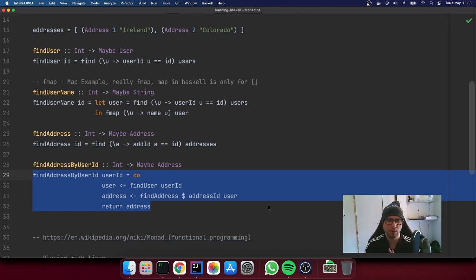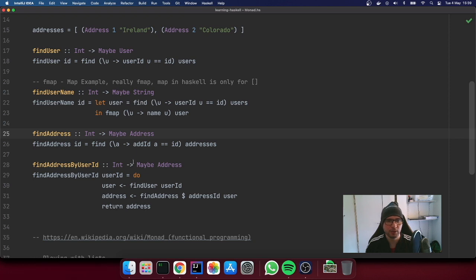Monads allow you a fantastic way of concatenating functions or objects or values that return the same monadic type. Find user returns a maybe. Find address, even though the types are different, user and address, but it's two maybes, right?